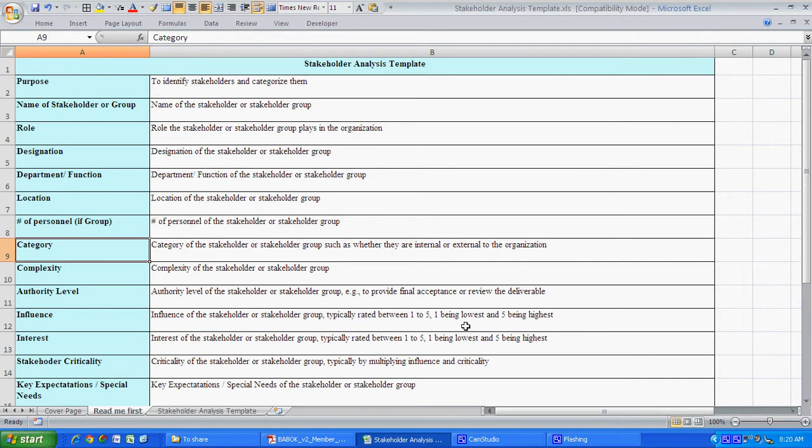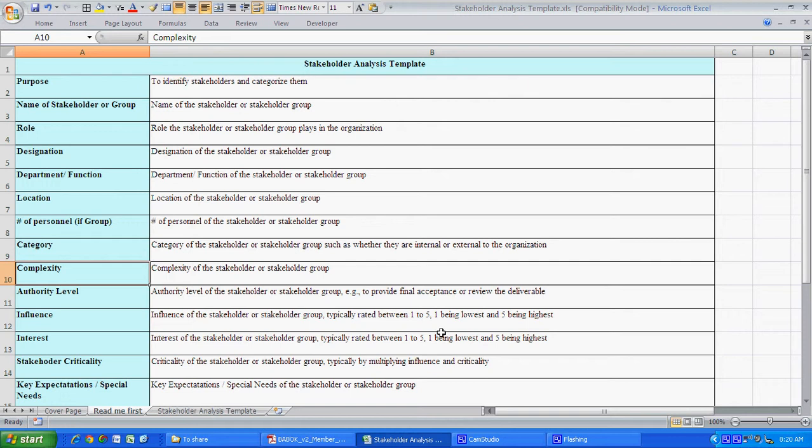We can also put a category for the stakeholder group which could indicate whether they are internal or external. Typically it is easier to coordinate with internal stakeholders compared to external stakeholders. The external stakeholders could be business partners, could be suppliers, or could be any other party interested in the project. The complexity of the stakeholder group could come mainly from the fact that they could be multi-locational, a large number of groups, or they are external, or they are non-cohesive. Based on that, we can put a complexity of the stakeholder group maybe in the high, medium, low category.